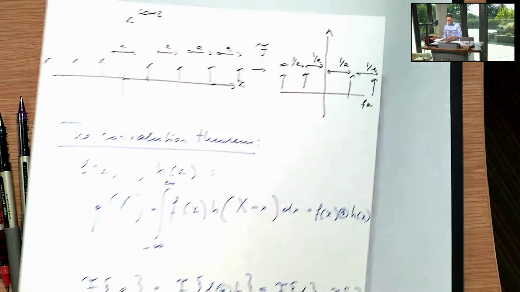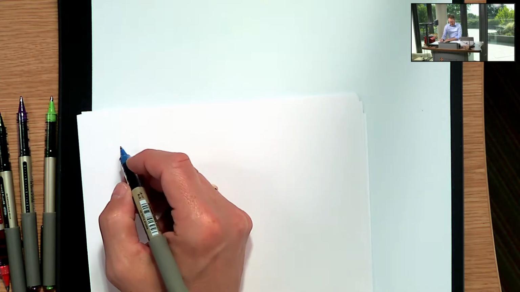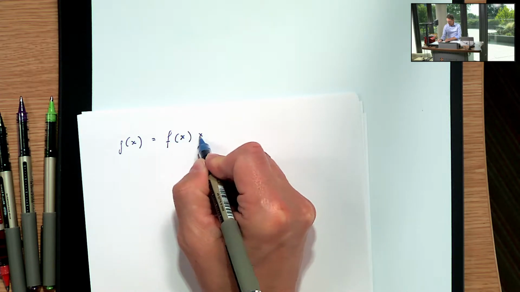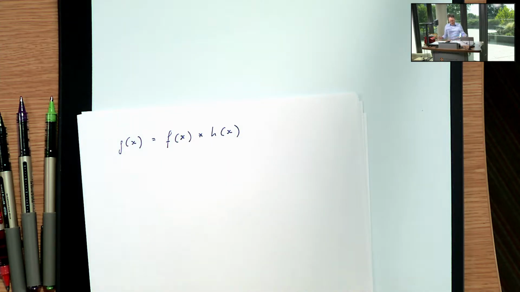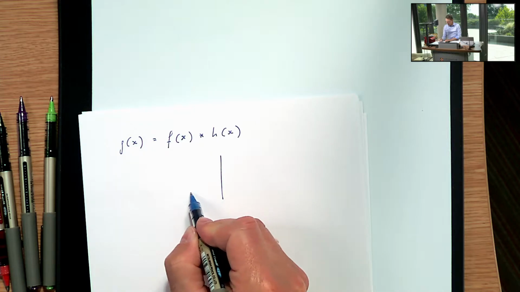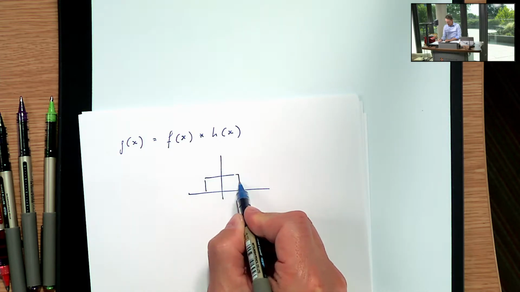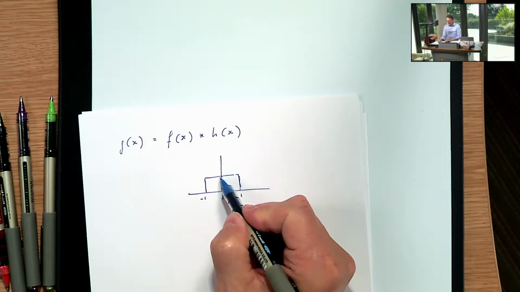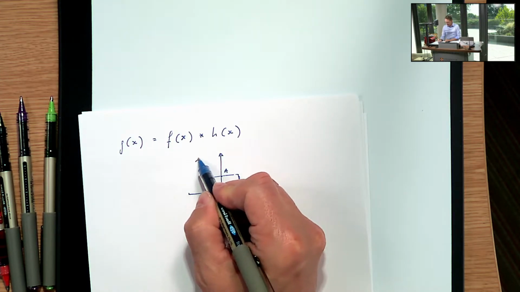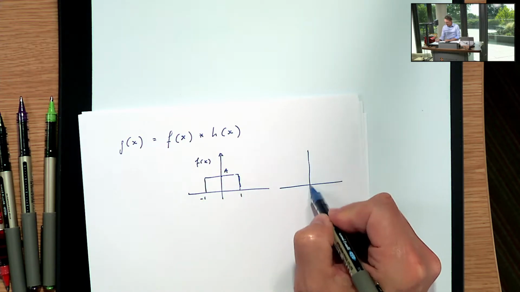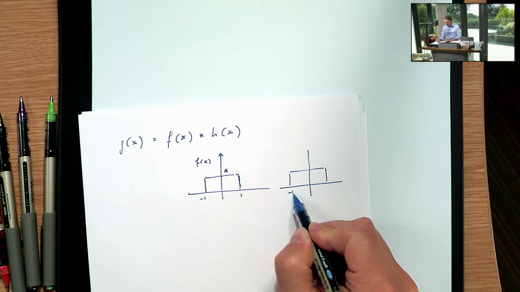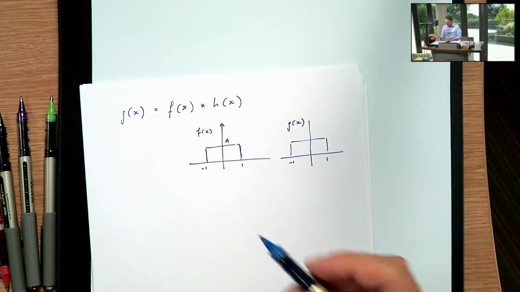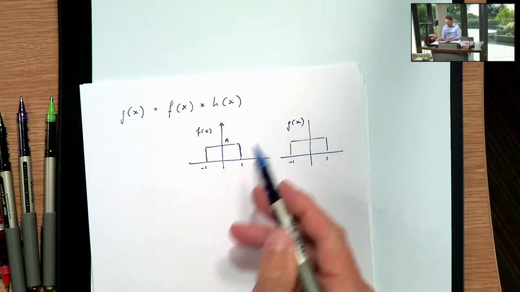So let me just show this as one example. So let's suppose you want to take the convolution g of x, f of x convolved with h of x. Let's take a simple function. Let's take two rectangle functions. Let's take a rectangle function like that. Let's just say it goes from -1 to 1, and it has some amplitude a, and that's f of x. And then we have h of x, which is identical. It's another rectangle function. And now the first thing we need to do is we need to